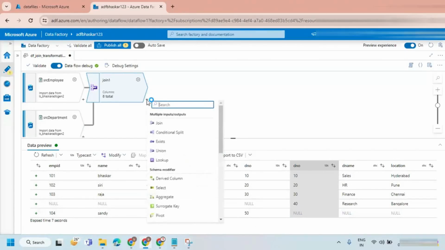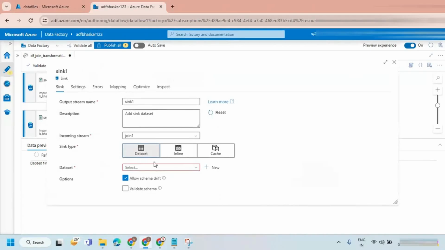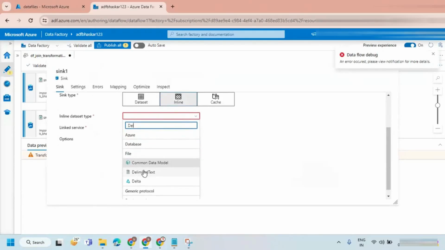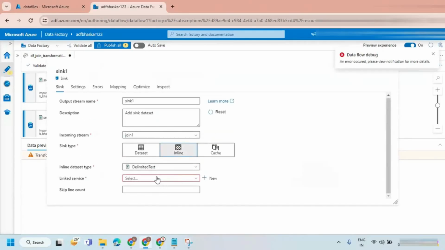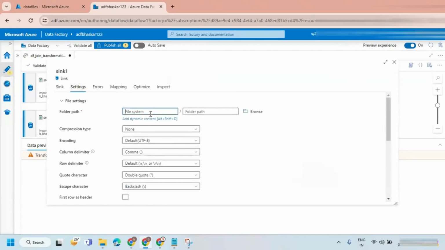So I'm just going to feed this data into the target. Let's say sink. Let me take a delimited. Let's go to settings. I wanted to say data files, output folder.